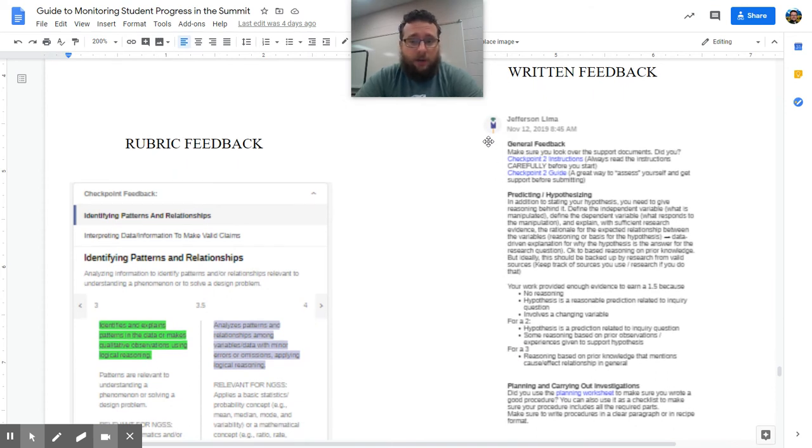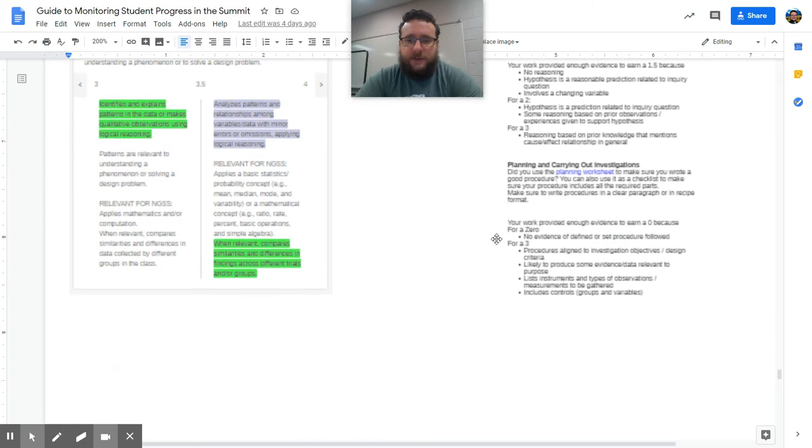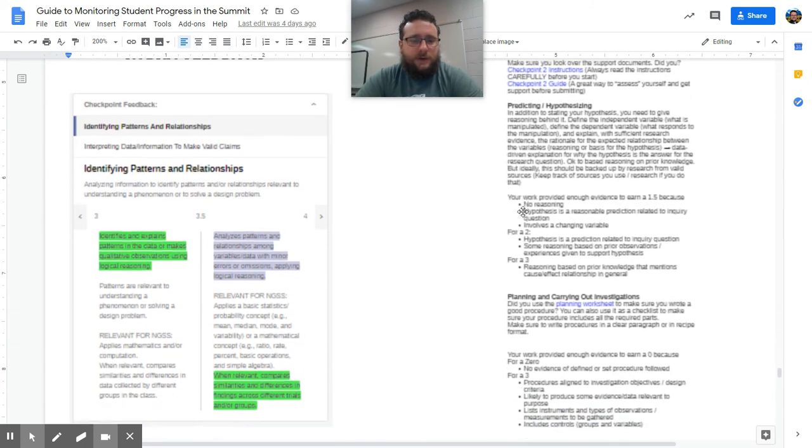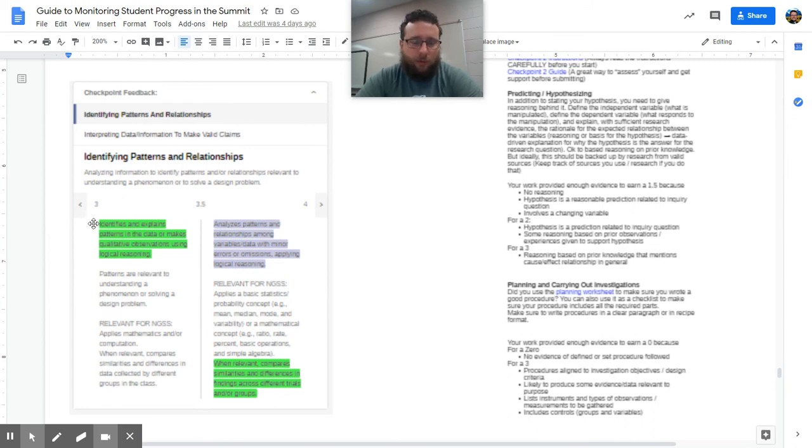So you can tell in general what you need to improve, what you need to improve in a certain skill, and what are the steps you need to do to get to a certain score. And to repeat that for other cognitive skills that may be in this checkpoint. And you can see here how the rubric will be highlighted. In green, the teacher is showing you what the teacher saw evidence of. In gray, they're showing you what you still need to do by highlighting keywords on what you need to do to move to the next stage of the rubric, which then they will be more detailed even